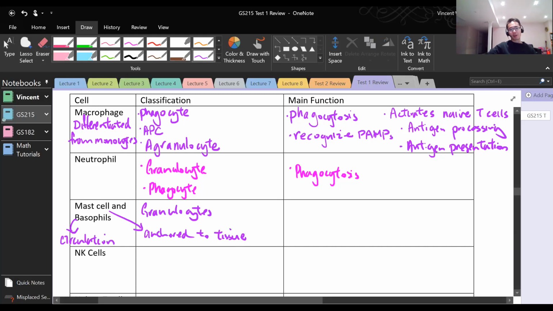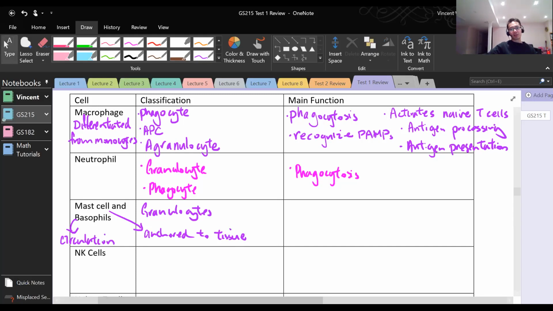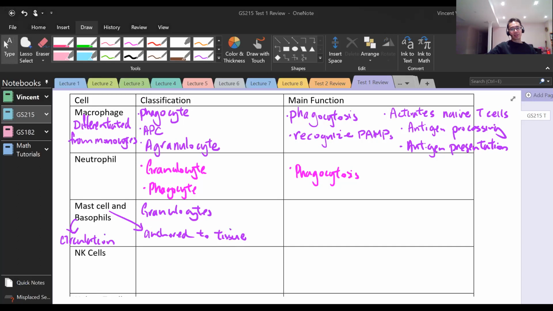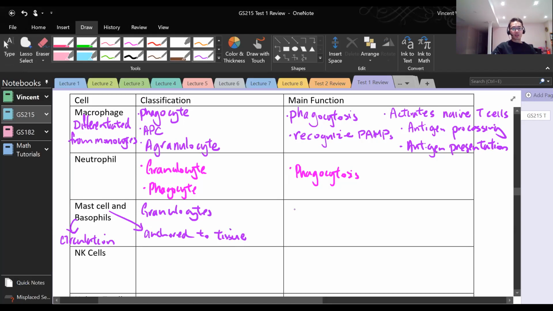They move around. If you have a massive allergic reaction, that's going to be caused by those basophils. And the main function is to initiate inflammation,